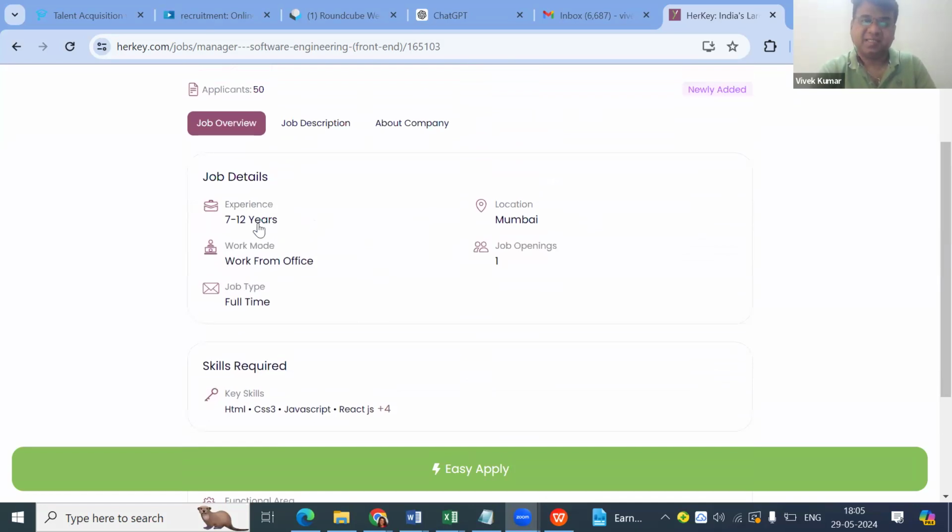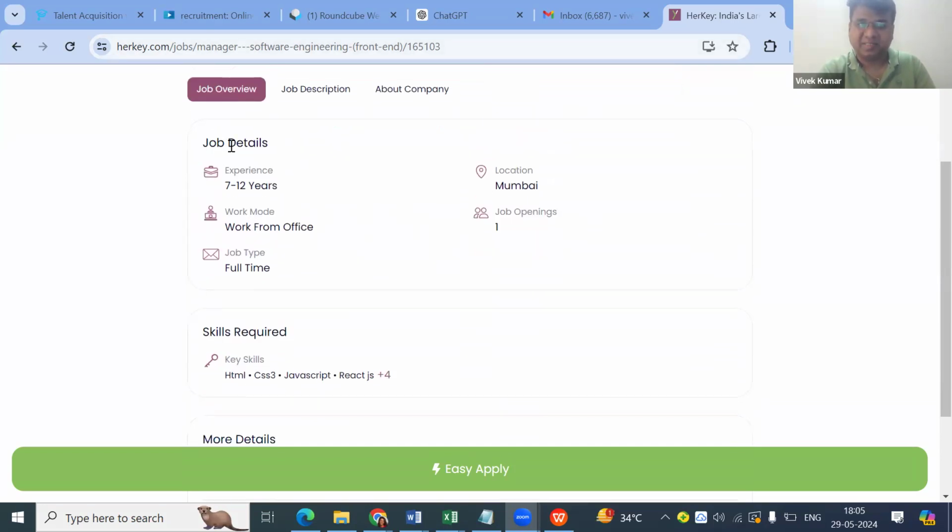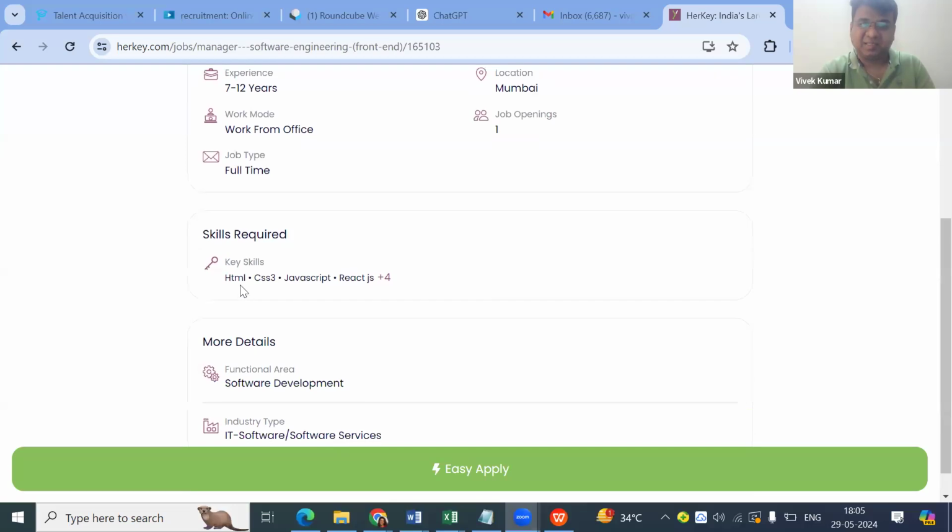So again, this is another example of a job description. You can see a very similar format. This is from the Herky website itself. And you can see a little bit more on the job detailing side, like what kind of experience is needed, 7 to 12 years, and location, the working mode, whether it's work from home or office, and the key skills